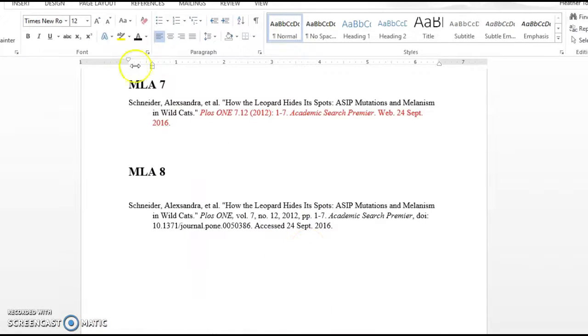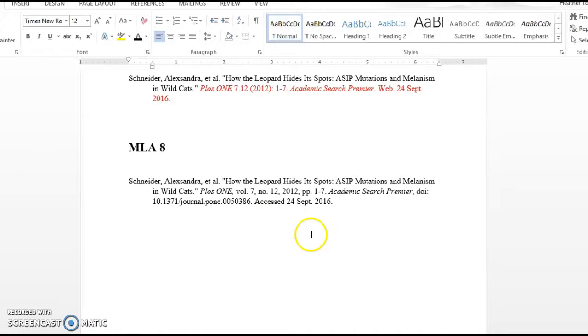Because as you can see, there is a significant difference right now between MLA7 and MLA8. Eventually, those citation generators like Citation Machine and the UVU database citation generator, they're going to catch up. They're going to be doing this automatically for you. But even then, they're not going to be perfect. You're going to need to be able to check them by knowing what the OWL at Purdue is telling you they need to look like. For now, you're going to have to manually reformat them to match. But this is how you get started so that you can make your works cited and your in-text citations comply with MLA8